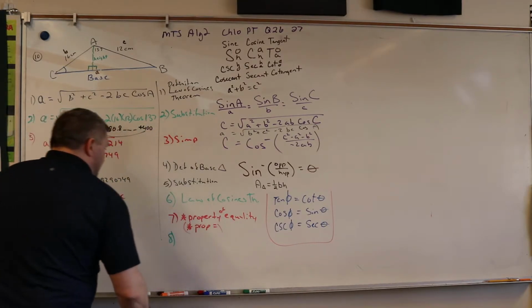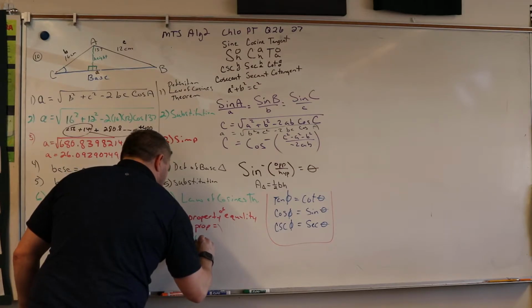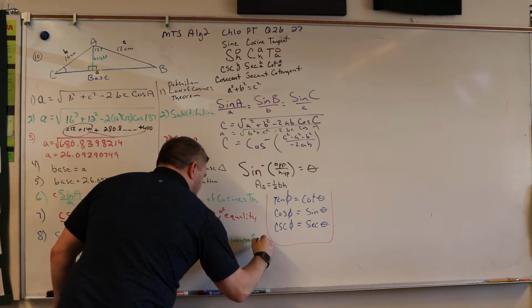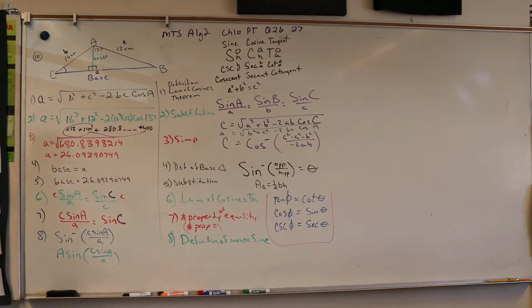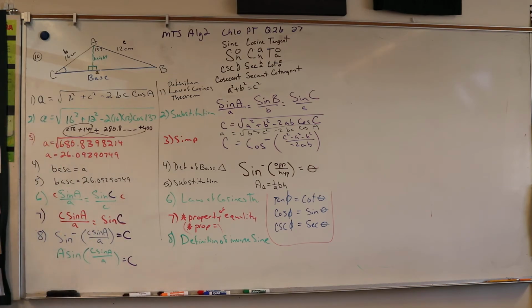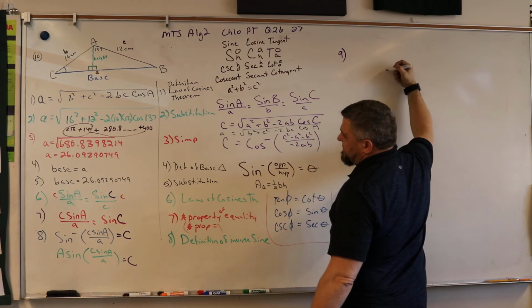So this is number 8, and basically 8 tells me it's the definition of the inverse sine. Now we have that, so we can plug it in. We know what it's going to be, and that equals C. Does that make sense? So now we're going to come up here to 9, and we're going to say C is equal to